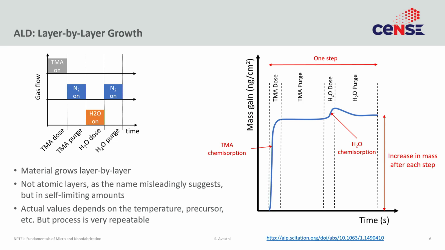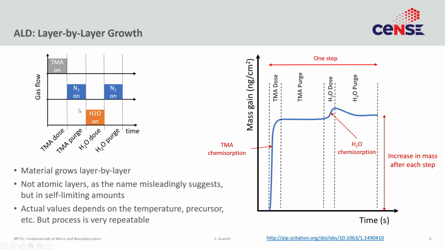So, now let us look into a little more detail on this layer by layer business. Just to again clarify the way we are doing the gas flow: we are turning on the TMA for some time. The time we turn the TMA on is called dose. So, you are looking at gas flow as a function of time. For some amount of time you are flowing the TMA precursor, waiting for completion of a monolayer, right. That time is typically called TMA dose. This is often followed with a purge cycle.